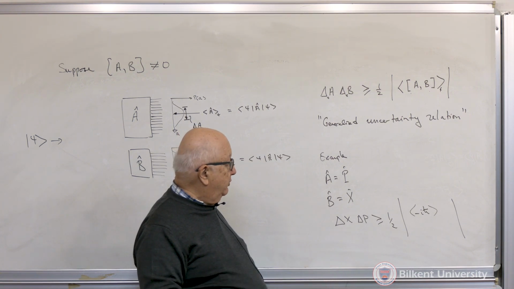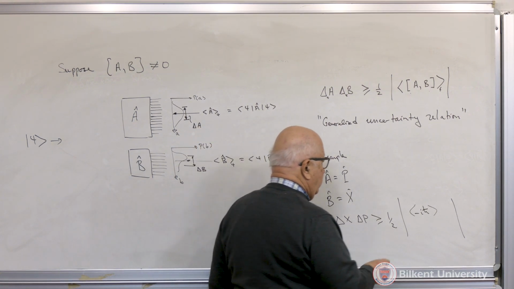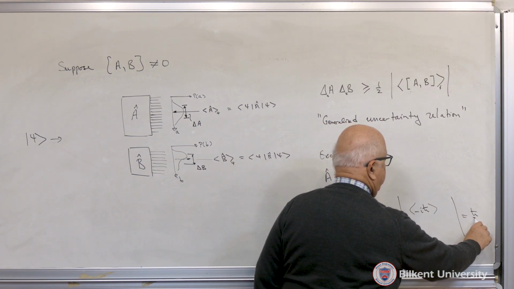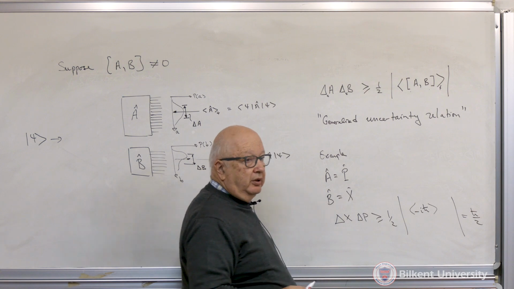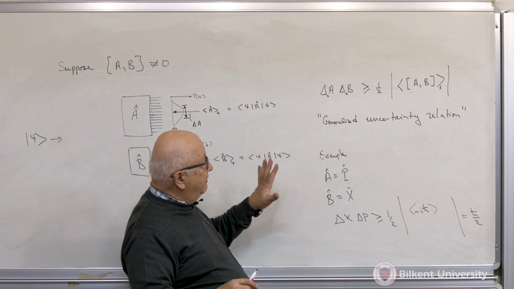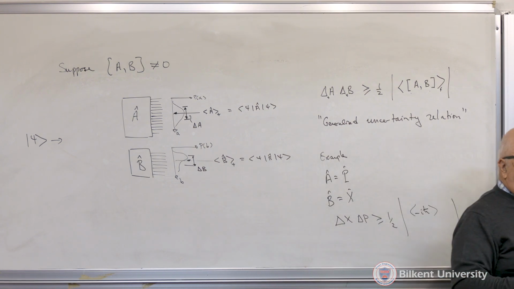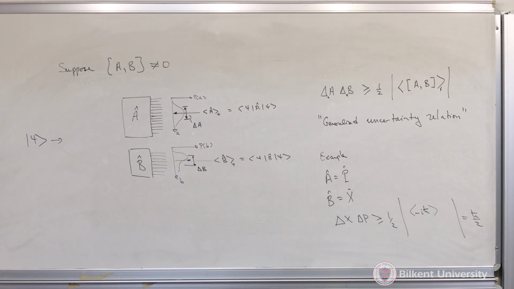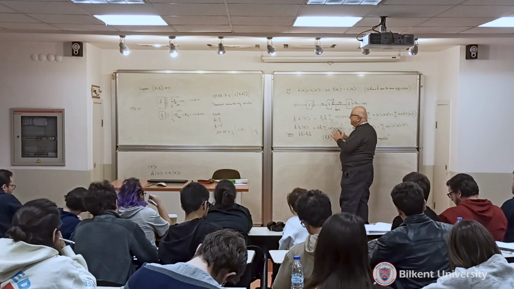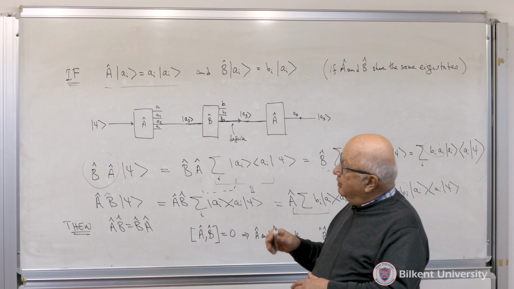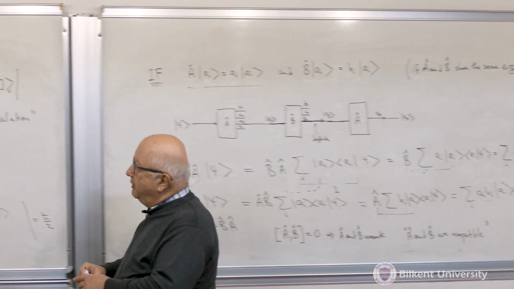The expectation value of a constant is just itself. And then I have the magnitude, so this is just equal to h-bar over 2. This is a very nice physical result